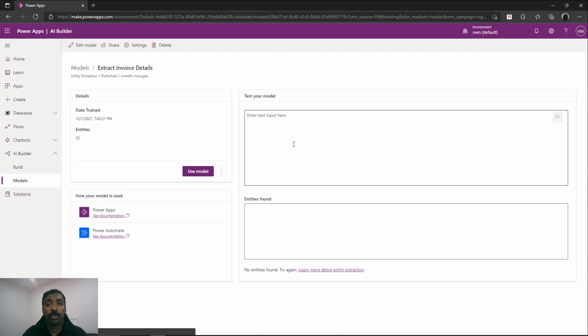It will lead you to some documentation on how to use this model inside Power Automate and PowerApps. As of now, we are not going to do that. We are going to test this model. So we have published it, and you can see the text box here. You can enter your sample text here. You can click on this button to test it, and automatically it will analyze and try to take out the